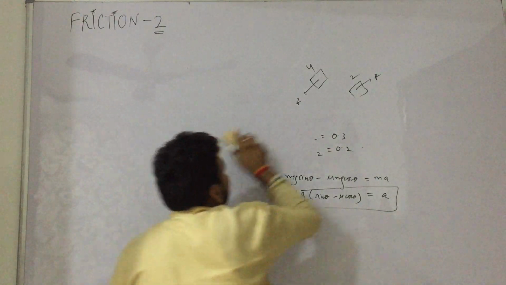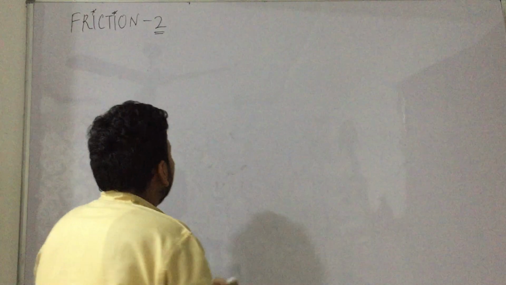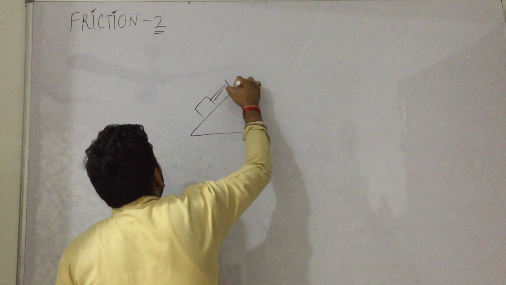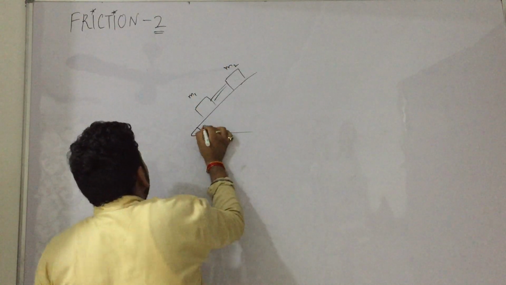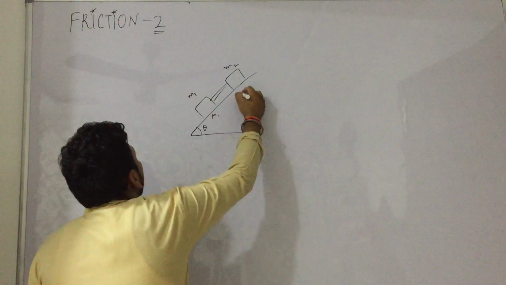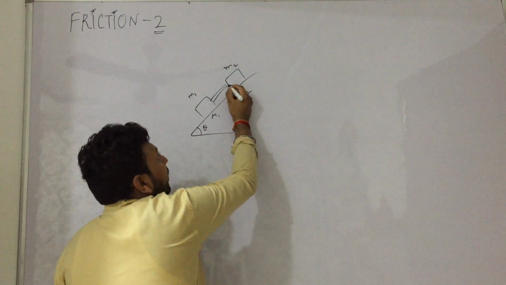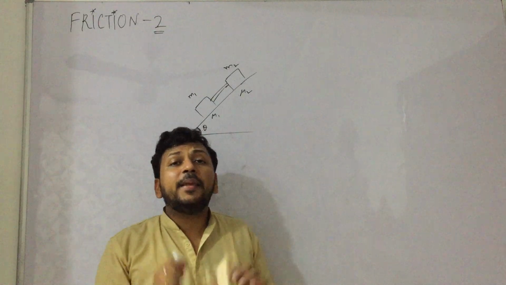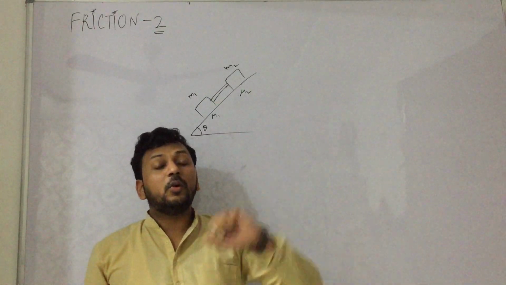Now consider some cases in this question only. Suppose there is a rod between the two masses m1, m2. Now it does not depend upon m1, m2 that we have already seen. Acceleration does not depend on that. Mu1 and mu2. If in case 1, this is a rod, okay? If in case 1, mu1 is equal to mu2. Now friction is same, theta is same, g is same. In the formula, a is equal to g sin theta minus mu cos theta.